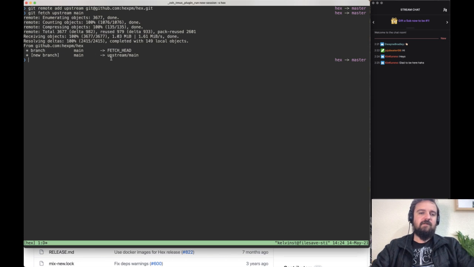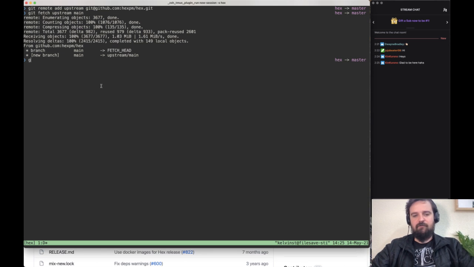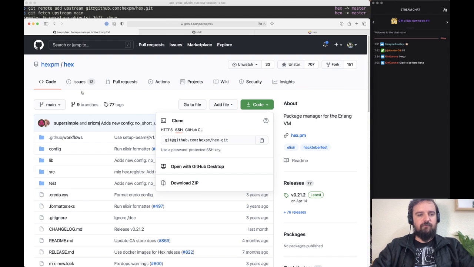So yeah, updated the upstream. For those who don't know, what I'm doing here is basically I do have two git remotes. Normally you only have one in your normal day job, right? You only have this origin one. I have the origin and the upstream because for